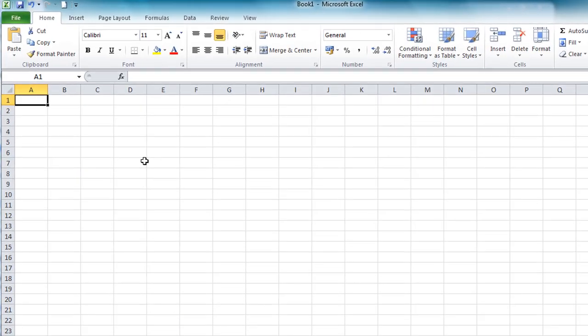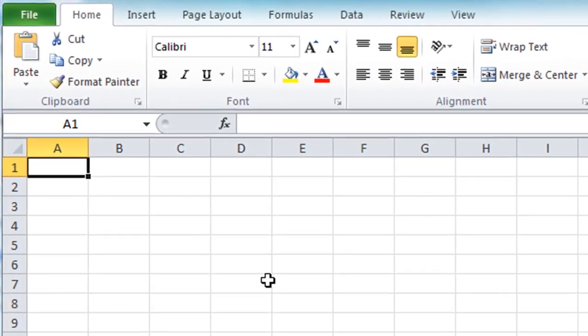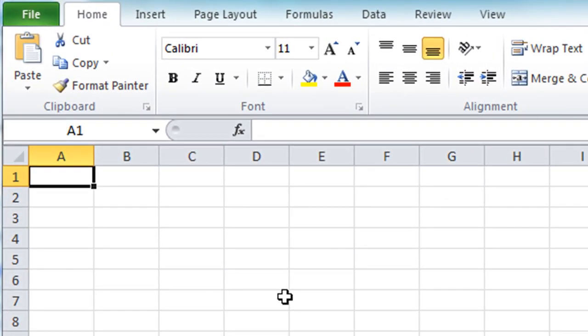So here we have Excel open with a blank worksheet ready for some data entry, and I'm going to create a new spreadsheet for a small business called Fred's Video Classics, the video rental store. So let's get started, and in cell A1 I'm going to type in the title of the business or the